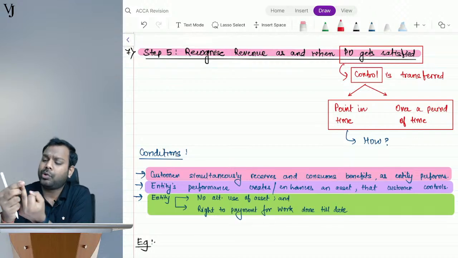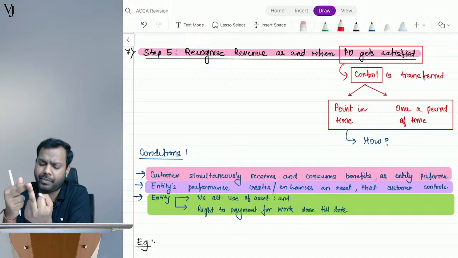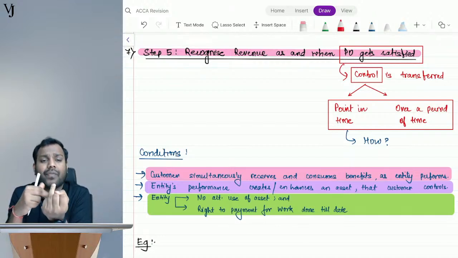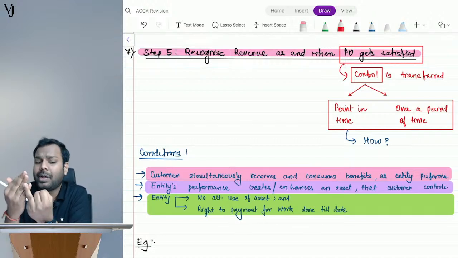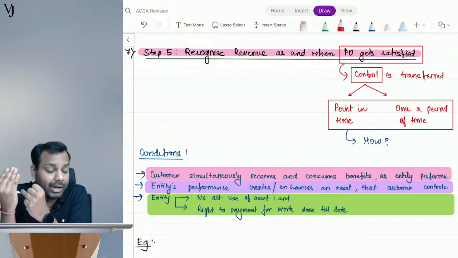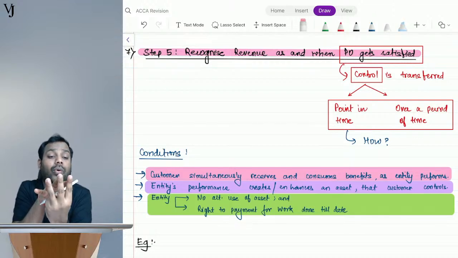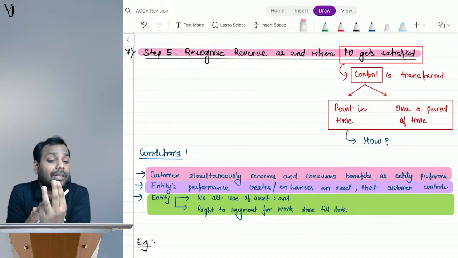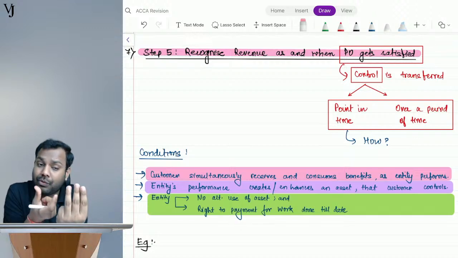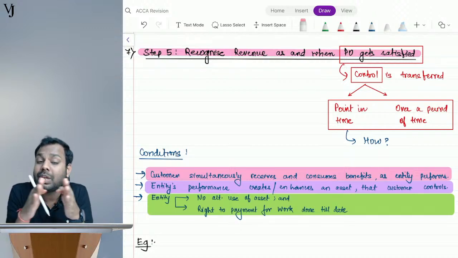Okay. Let's suppose after 1 year from the contract, performance obligation number 2 gets satisfied. Recognize the revenue for that. After 3 years, performance obligation number 3 gets satisfied. Recognize the revenue for that, and then basically all the 3 are not linked now. They are separate. Though the contract is one, we have divided one contract into 3 parts.